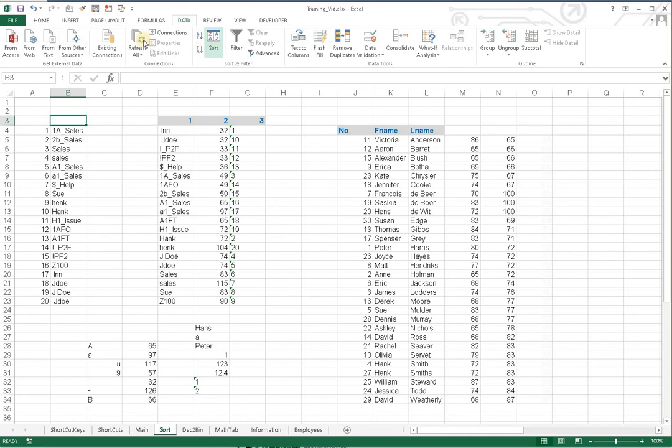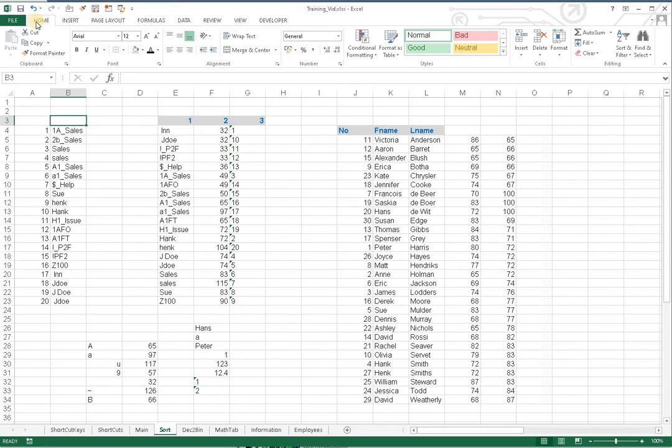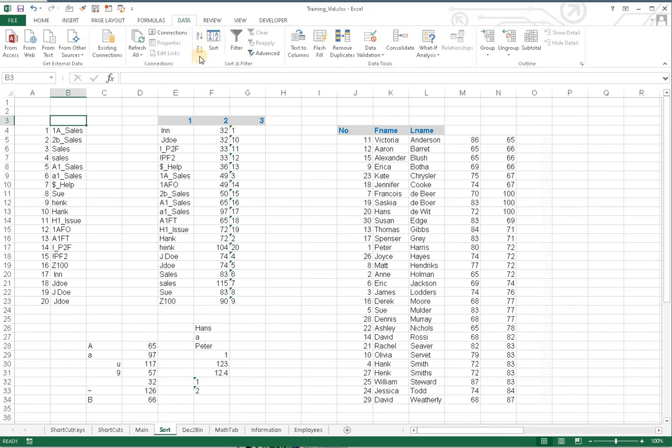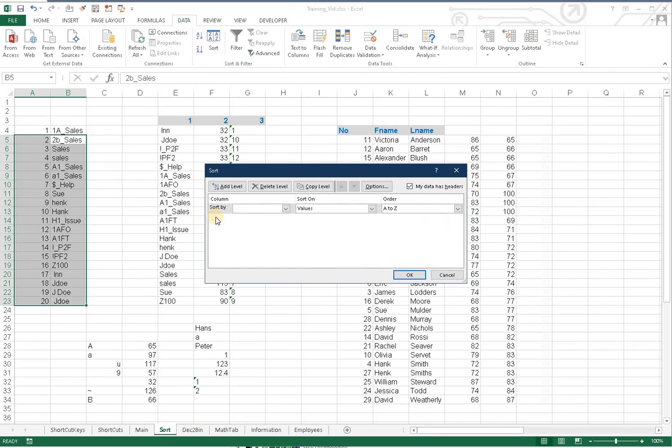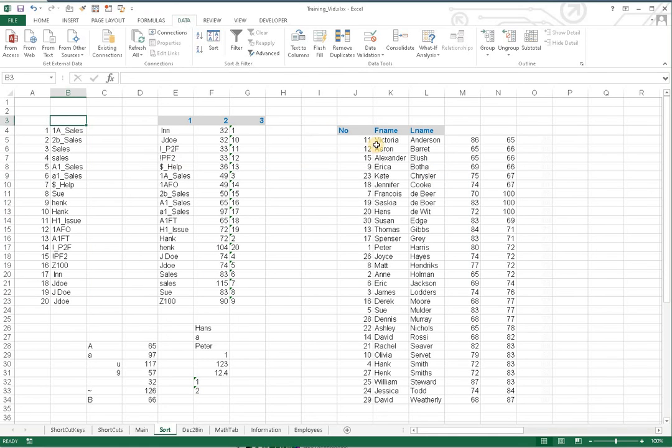Please note that sorting can be taken from the Home menu. Right at the end we have Editing, and there we have Sort and Filter, and here we have the same sorting icons as here. Later we can get more complex, where we can get different levels of sorting. Now in this case we can sort, for example, first on